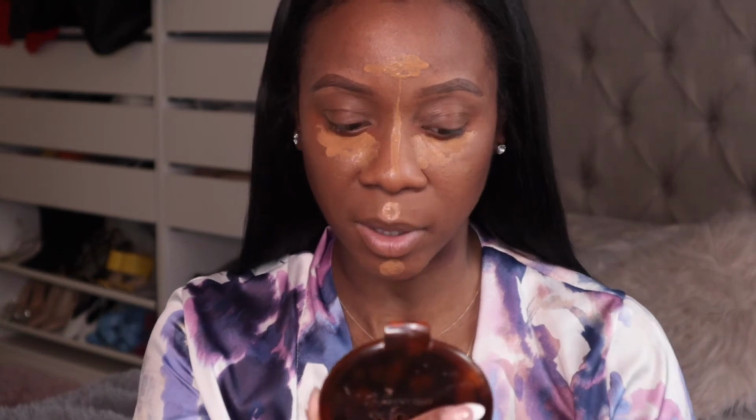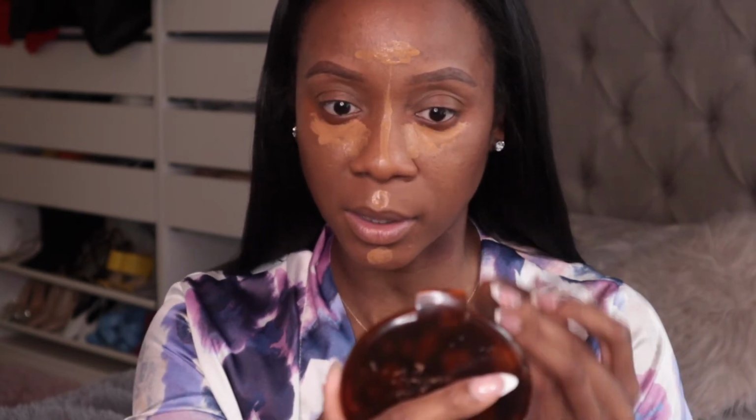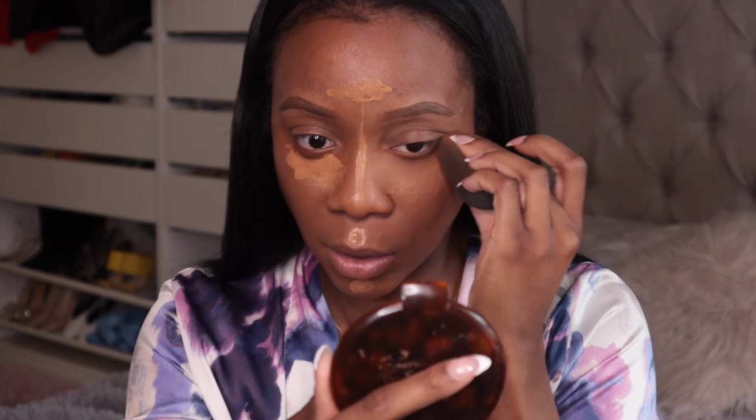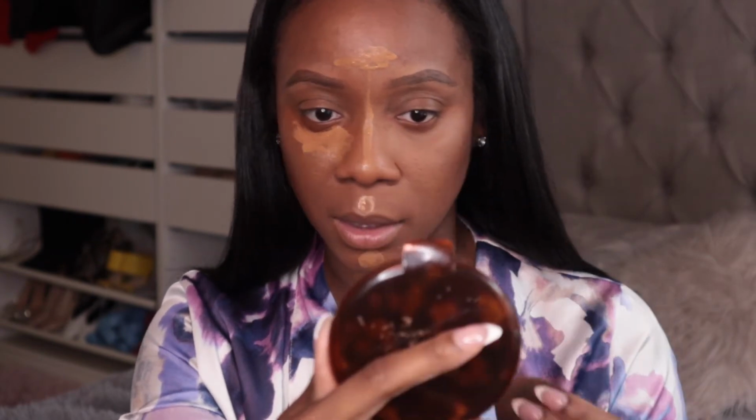So I'm going to let it sit for a second because I don't want it to just absorb in my beauty blender. So hold on, guys. I let it dry down a little bit, so I'm going to blend it out with my beauty blender and let's see what happens here. I think the key to get the coverage that you want is you have to let it dry down a little bit. So now that it's drying down,